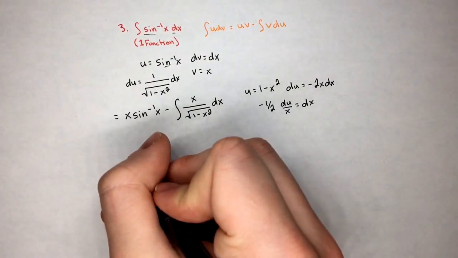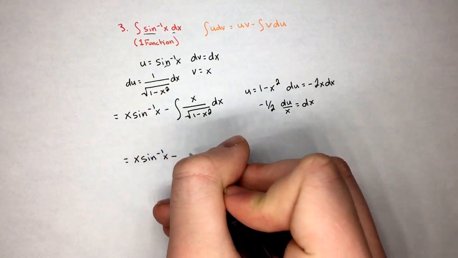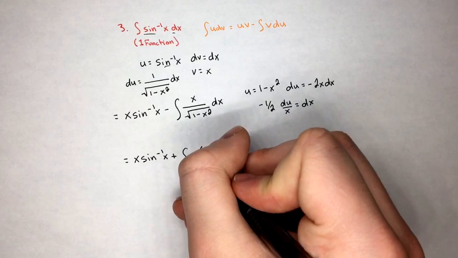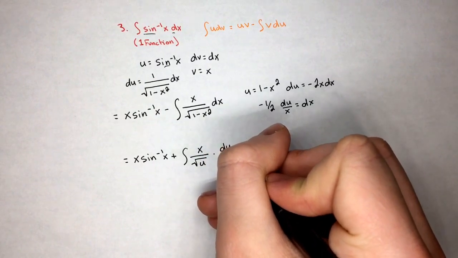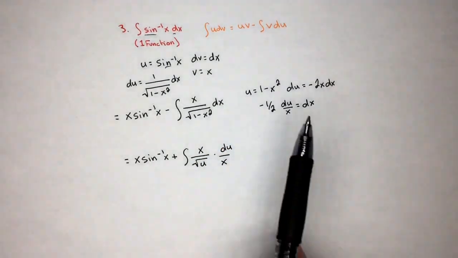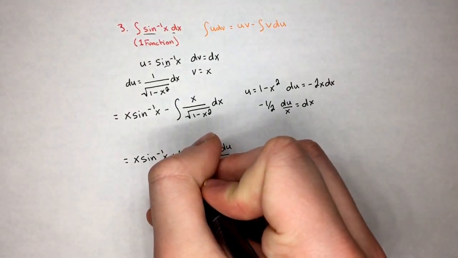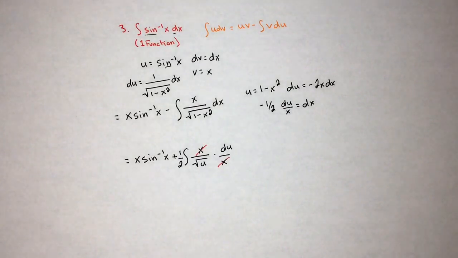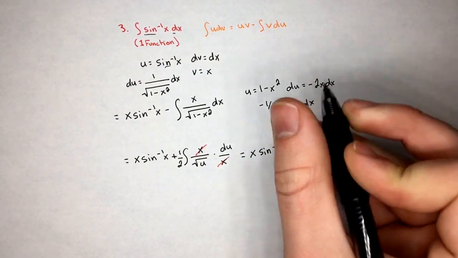We're going to go ahead and get x arcsine of x minus, actually it's going to be a plus because of that negative, the integral of x over the square root of u times du over x. And we're also going to go ahead and pull that 1/2 out front of the integral, so it's 1/2. So we're going to go ahead and cancel out the x's, and then we're going to go ahead and rewrite this, and we're going to go ahead and get that it's equal to x arcsine of x